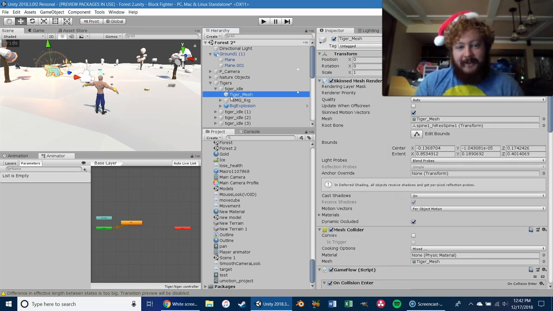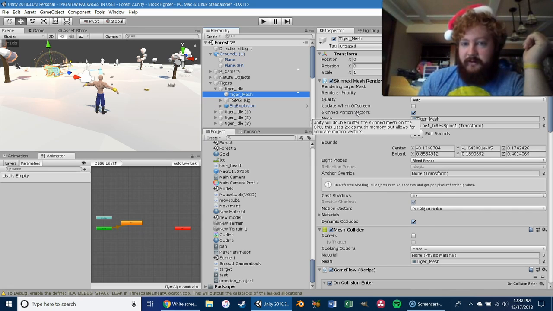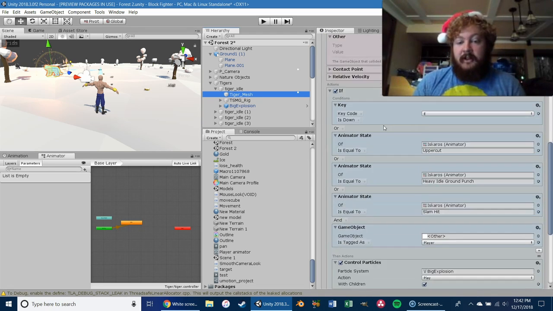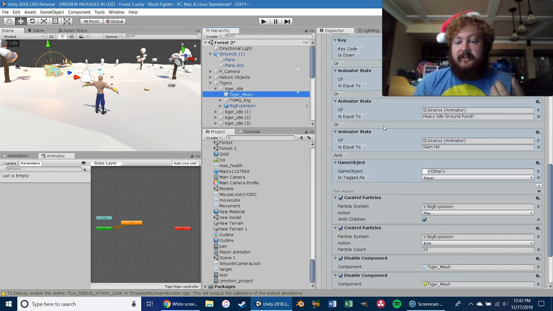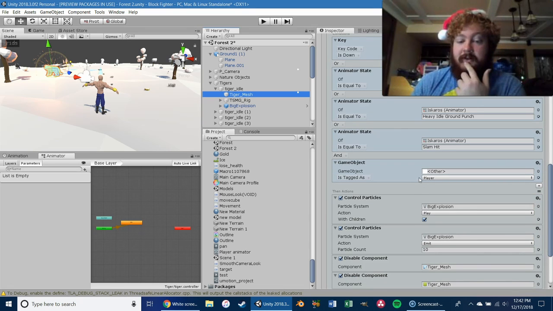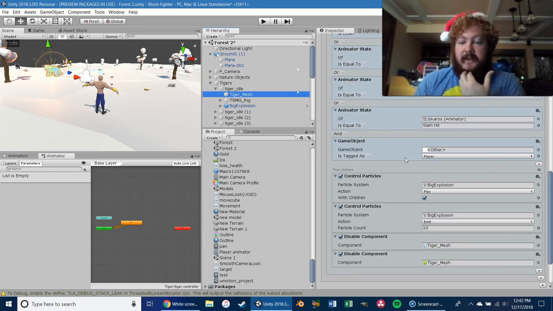Oh, there he goes again. I had this effect called Big Explosion that I found on the asset store. Very easy, very simple stuff. And so for the tiger, specifically in the mesh itself, I basically have the same triggers here: if the E key is down, and one of the animations is playing. Oh, right, and I had this part different. And also if